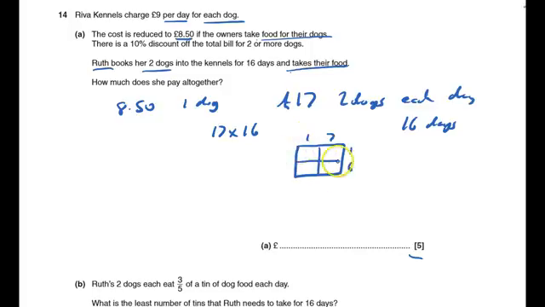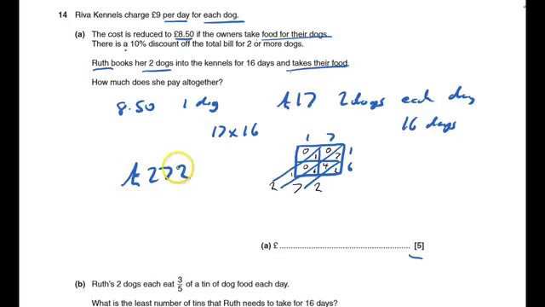17 times by 16. Put the diagonals down the things like this. Could do a bit smaller, a bit smaller writing. 1 times 1 is 1, so 0, 1. 7 times 1 is 7, so 0, 7. 6 sevens are 42, and 1 6 is just 6. And that will add up down diagonals now. 2, 10 and 7 makes 17, so carry the 1, 1, 2, 272. So that's £272,